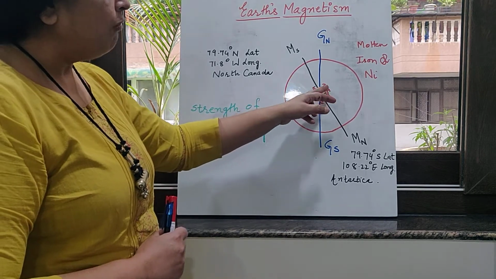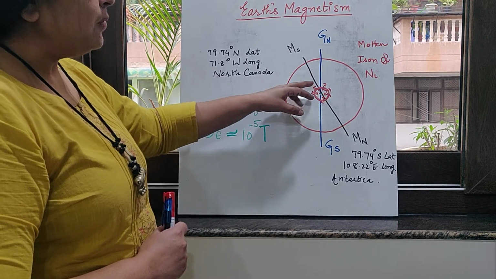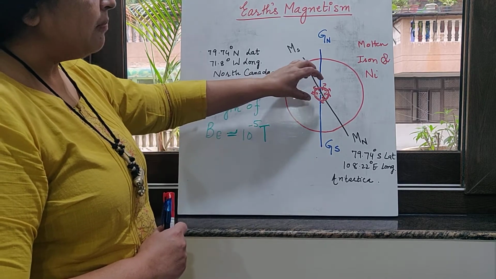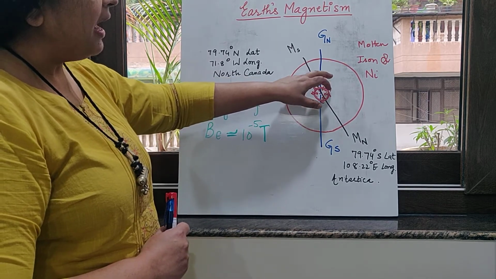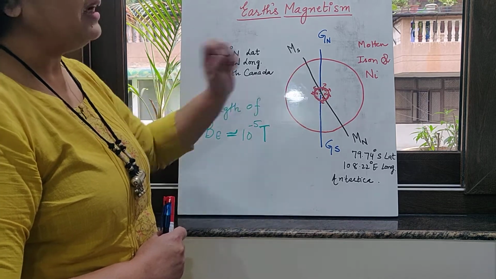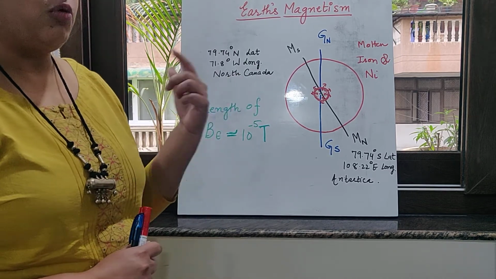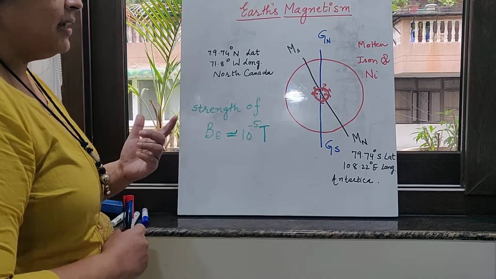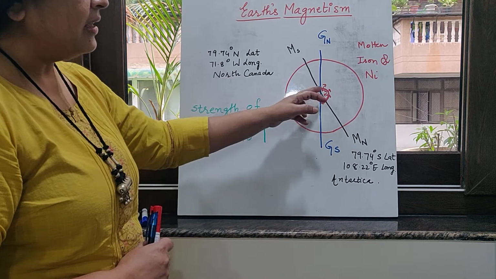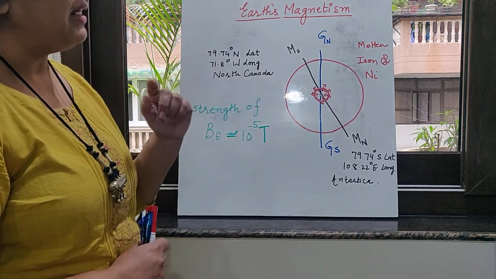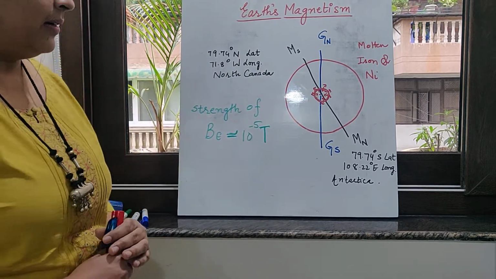So when they move in the core, they form convection currents. And the reason is because the temperature in certain part of the Earth is higher than the other. So the hotter part moves upwards and the colder one comes down, and this forms the convection currents. So these convection currents, they give rise to the circulating currents, and we know that circulating currents always produce magnetic field. So it is because of these convection currents, which is flowing because of the molten iron and nickel which are flowing inside the deep core of the Earth, that there is a magnetic field inside the Earth.